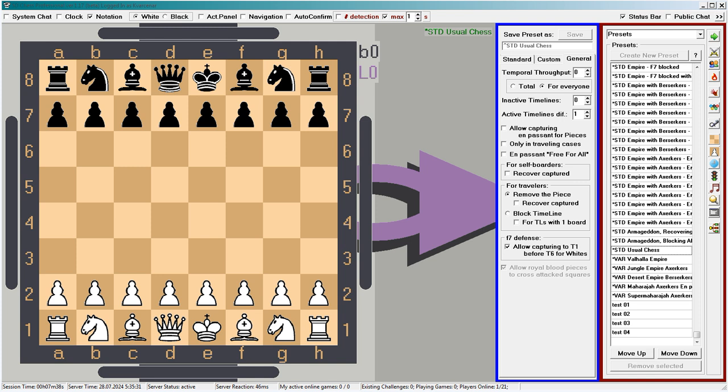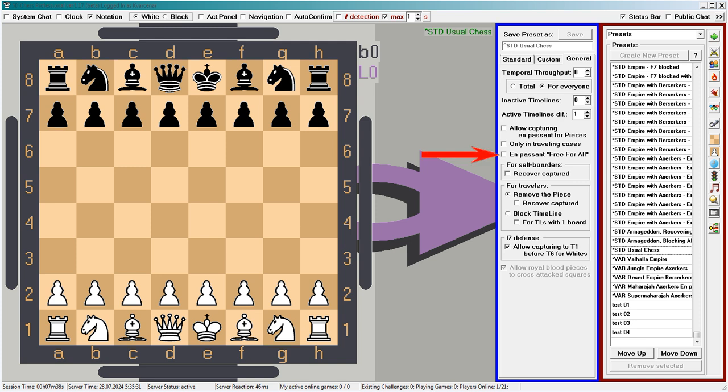In the usual mode, we allow en passant capturing only for the same piece. That is, the queen can capture en passant only the queen, the rook only the rook, etc. If a piece passes through a square controlled by an opponent's piece, it can be captured en passant on that square. The next parameter, only for travels, limits such captures only to en passant captures of pieces traveling either to the past or between universes.